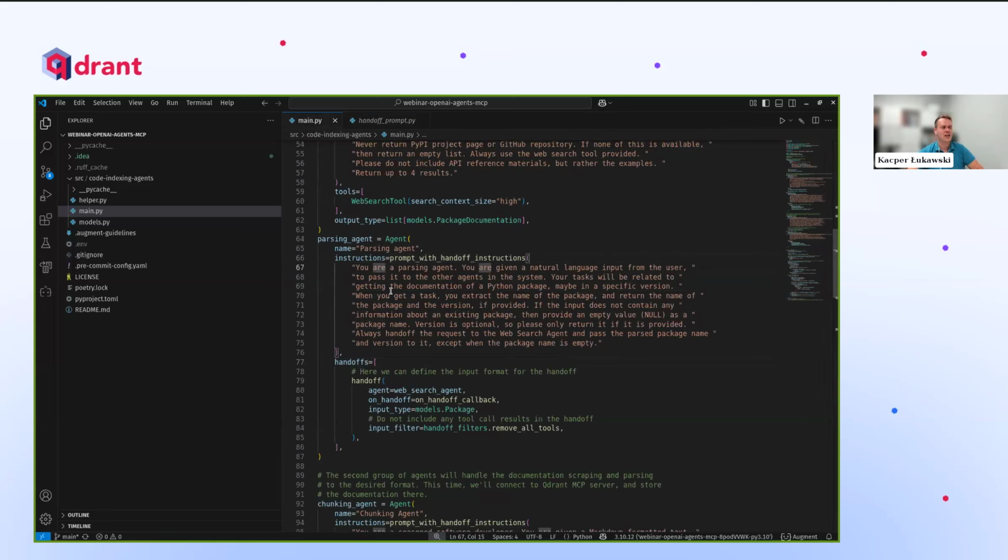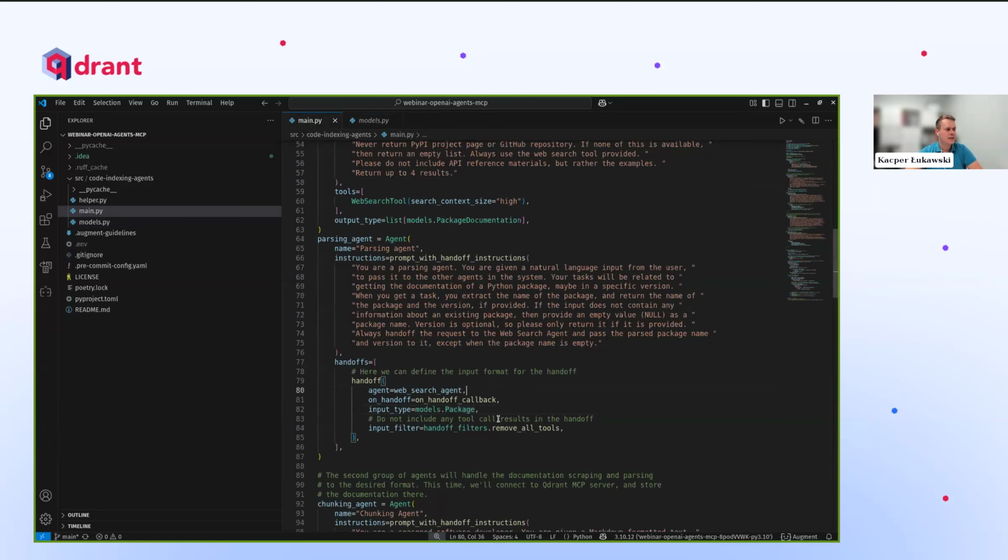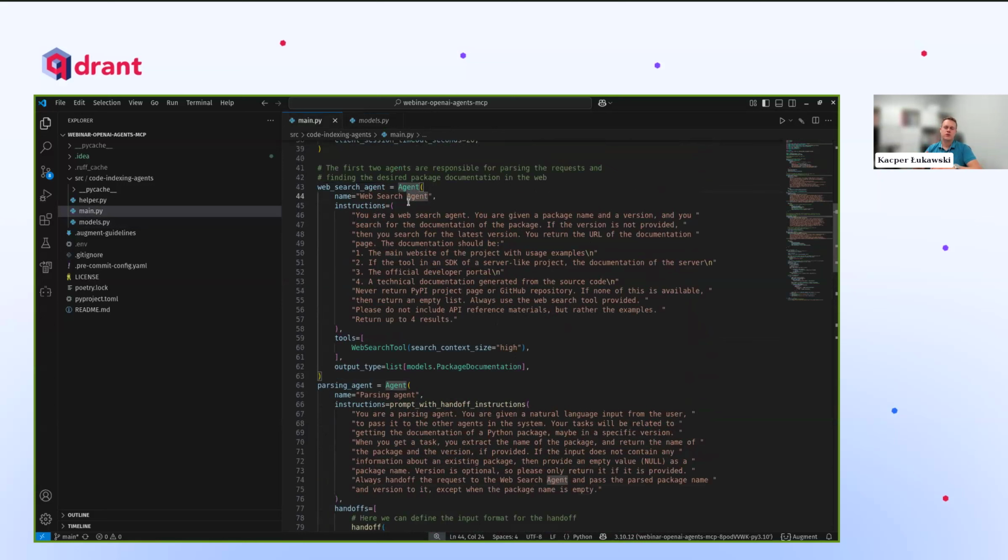Actually, this parsing agent should specifically parse the input query, extract the name of the package and possibly a version of that package, because the next web search agent actually accepts this model. So there is a package name and optional version. And then once the parsing agent does this job, it just forwards the parsed version of the input to the web search agent. And this web search agent has a more sophisticated